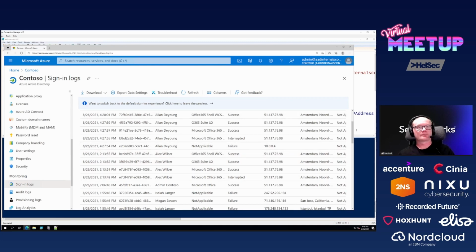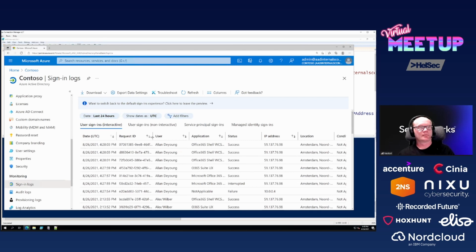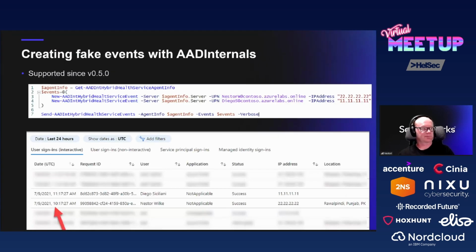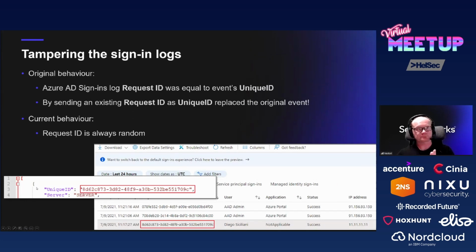And that was the spoofing part. We'll get back to that a little bit later. But before that, a couple of words about tampering. I noticed that the event log that was sent to Azure AD, when I was monitoring the traffic between the agent and Azure AD, I noticed that